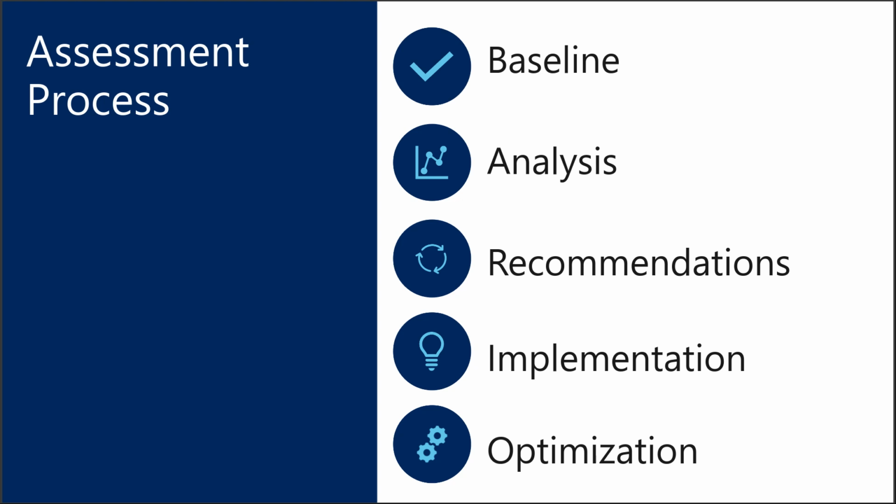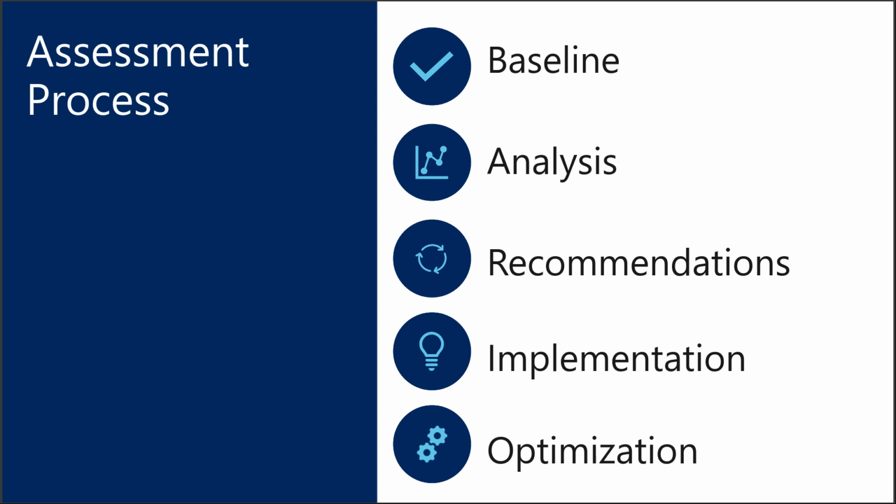Great. Well, today I'm going to talk about Buchanan Technologies' assessment process. What you see here on the screen are the major steps we would follow to ultimately get to a licensing optimization position. We start with the baseline, and that's really taking an inventory of what Microsoft 365 licenses have been purchased to date. We'll then do an analysis of the baseline, where we look at things like what licenses are